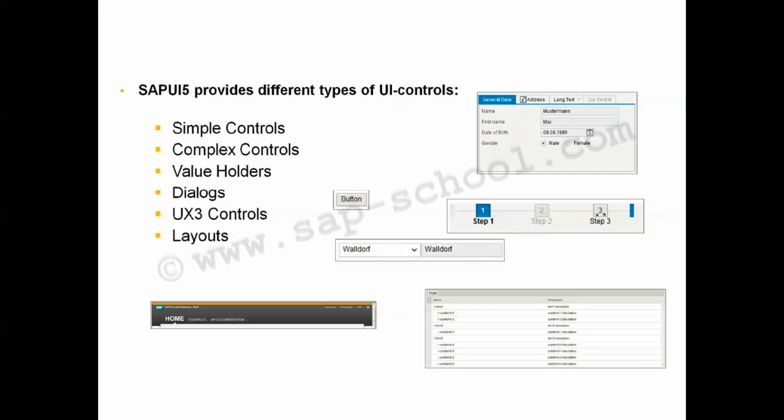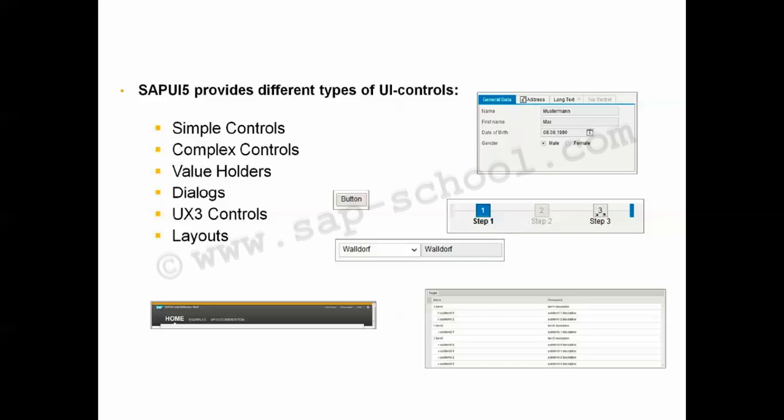The complex control category contains the controls that allow embedding other controls. These are highly flexible regarding the content display and allow mixing various design aspects to gain rich user interfaces. Then the dialogues. There are two flavors of dialog controls available. The dialog control generally would be used with a generic approach, where the message box is the kind that is predefined since it already provides the typical message types. After that, we have the UX3 controls.